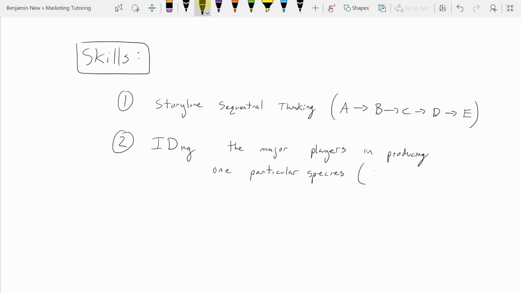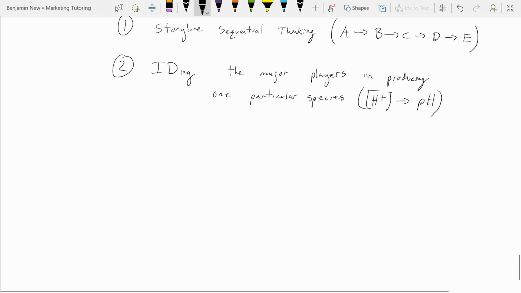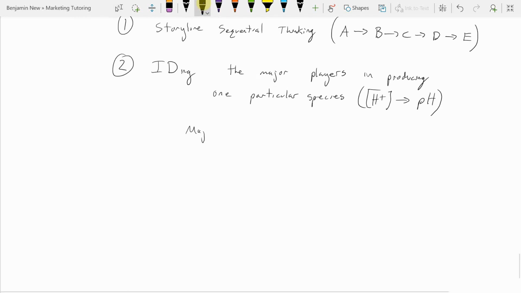So for instance, if you're looking for the H plus concentration to calculate the pH, you're going to look at the reactions that will produce those. And so you're looking at two things. Number one, what are the major species? Because they're in high enough concentrations, if they are involved in a reaction, they're going to cause the greatest change in that H plus. So you're looking for the major species, and you're looking for the most important